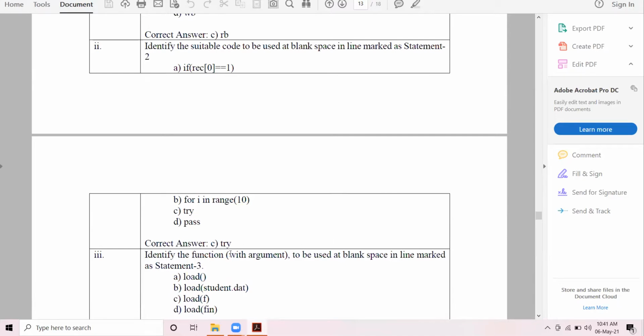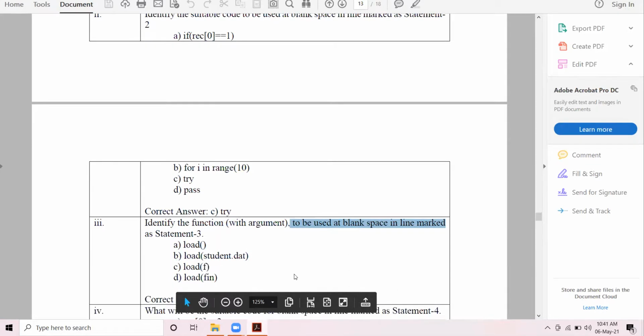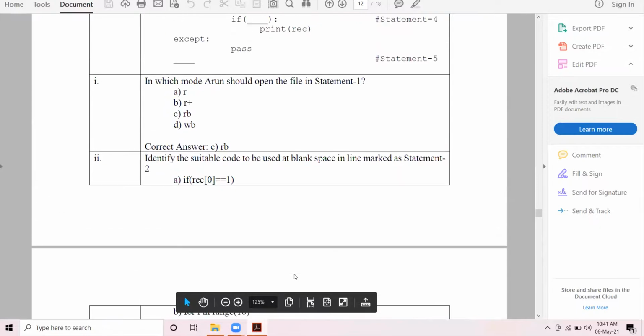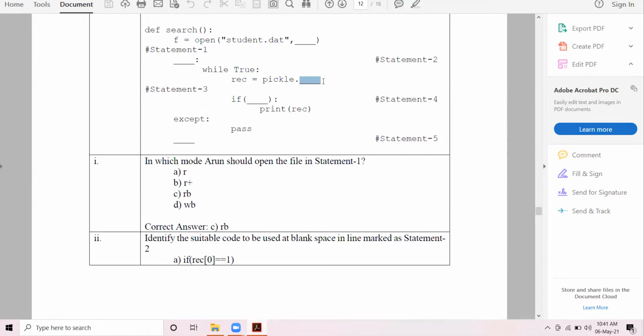Justify the function with the argument to be used at the blank space in the line marked as statement 3. Load function, load student.dat. Then we have load f and load fin here. Appropriate function with appropriate parameter.